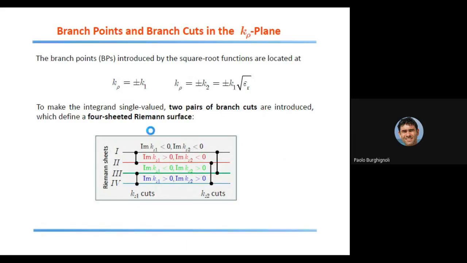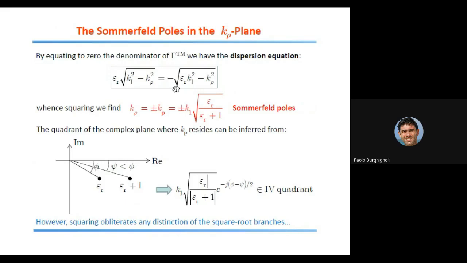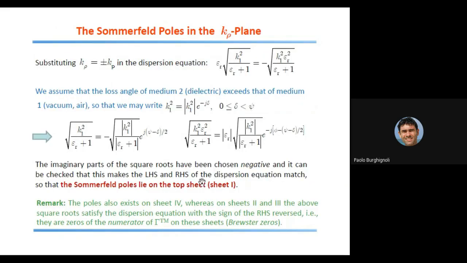Of course, since the dispersion equation is an equality between two square roots, if we simultaneously switch the determination in order to have the imaginary part positive for both square roots, the equality is maintained. So we also have poles on the bottommost sheet, that is sheet number 4, the one where the imaginary parts are both positive. So we have a pair of poles on sheet number 1, we have a pair of poles on sheet number 4,